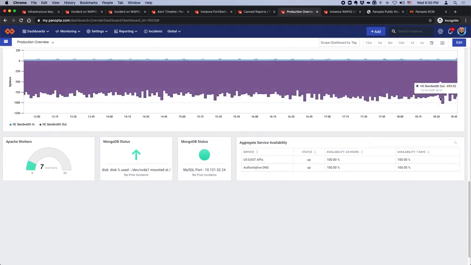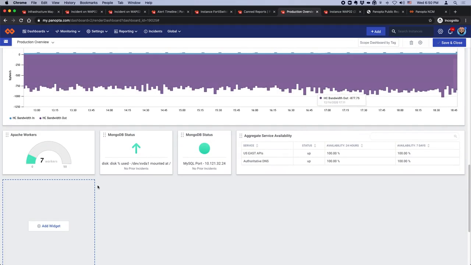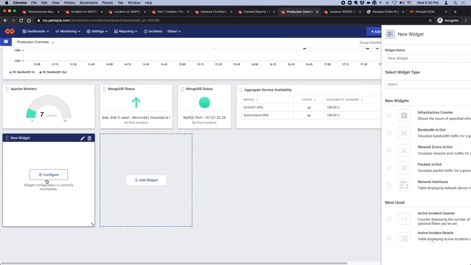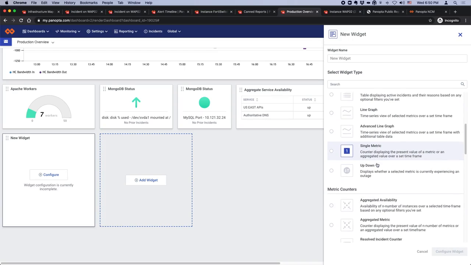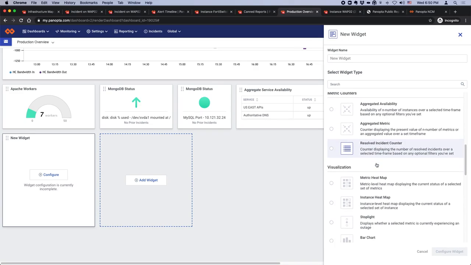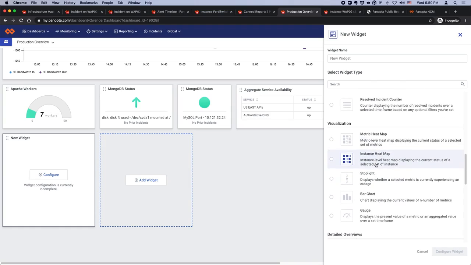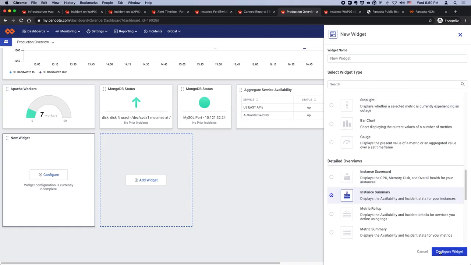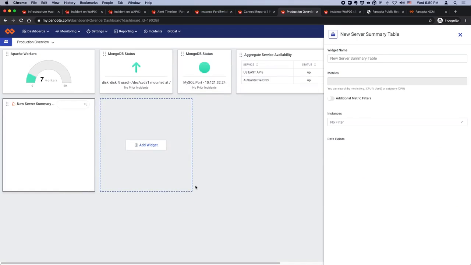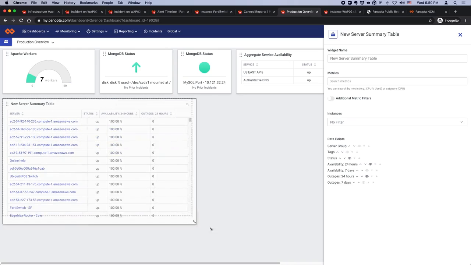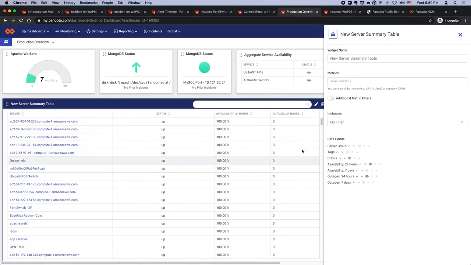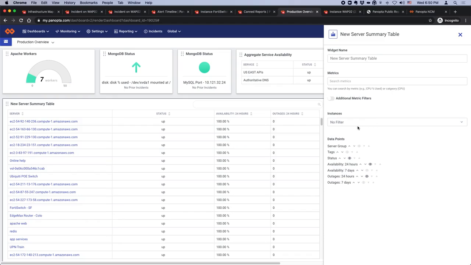Modifying this dashboard is quick and easy. Hitting Edit enables the canvas, and as I add a new widget, I'm presented with a catalog of over 35 different visualization options to pick from, depending on the type of data I'm trying to present. As I make my selection, I have easy ways of resizing the widget by dragging the corner, as well as selecting various properties and options here to the right, allowing me to customize the look and feel